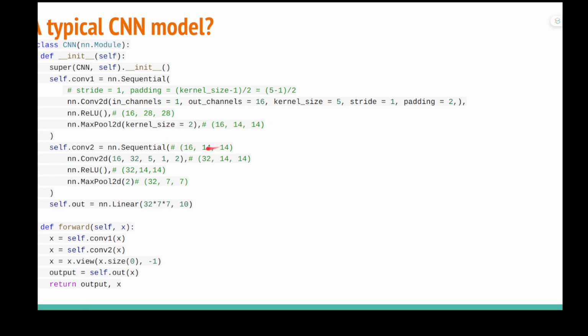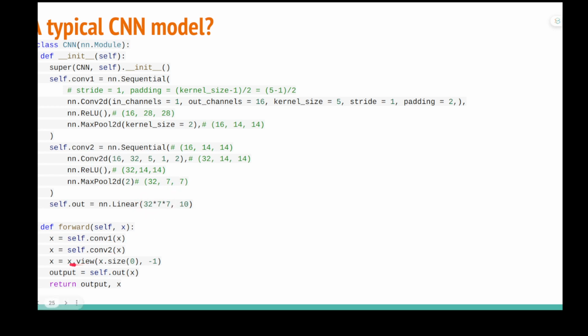Sometimes the resolution needs to match as well. But for the convolution, since it doesn't really care about the resolution, you can see that we have 14 here. But for the output of conv2 going into this one, this is really important. For example, here, the output of conv2 is 32 channels of a 7x7 image, so the total size is 32 multiplied by 7 multiplied by 7. So the size of the linear must be exactly the same here.